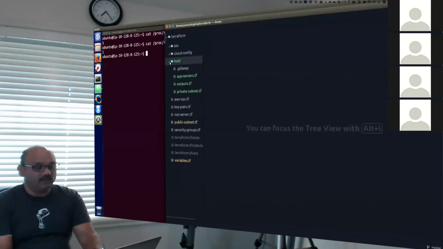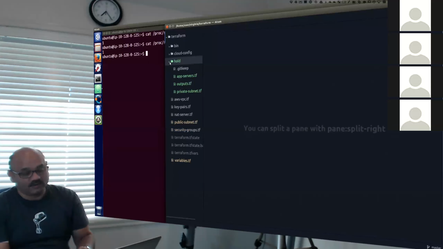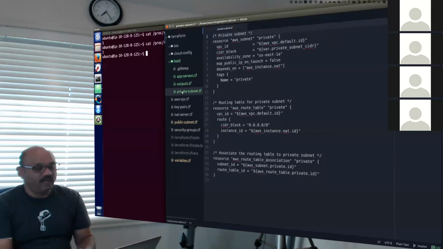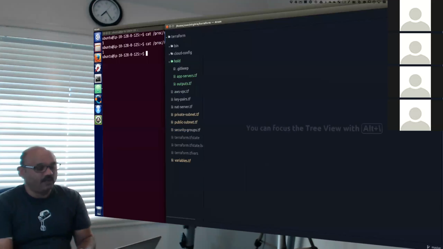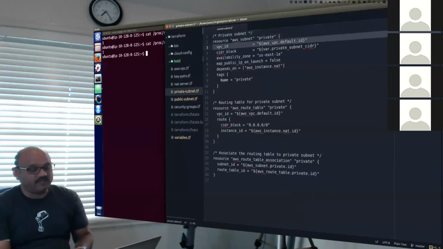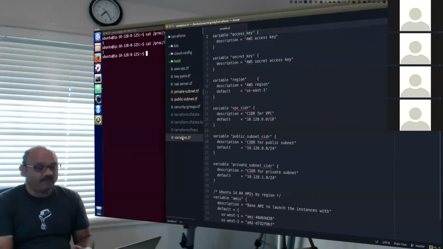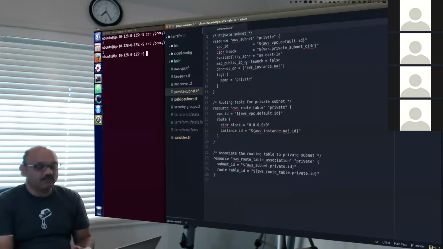Now is a good time to create a private subnet, because we cannot create a private subnet without having the NAT box. So we can go to the private subnet file, put that into the main folder, and minimize the holding area and look at the private subnet. The private subnet is again very simple to understand. There's a VPC identifier, which is our automated VPC. There is a CIDR block for the private subnet, which we have defined in the variables file, 128.1.0.